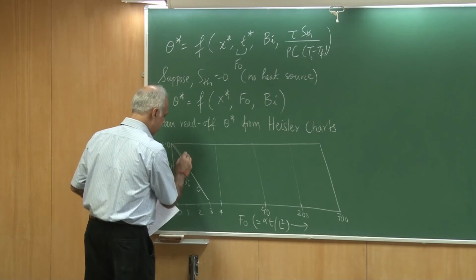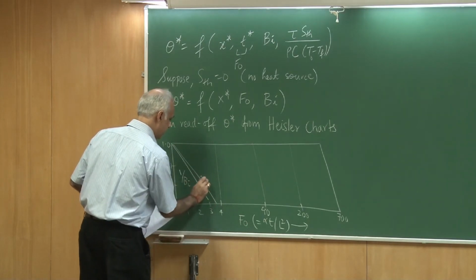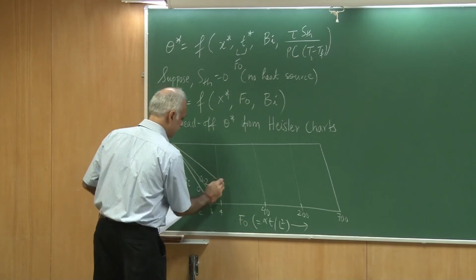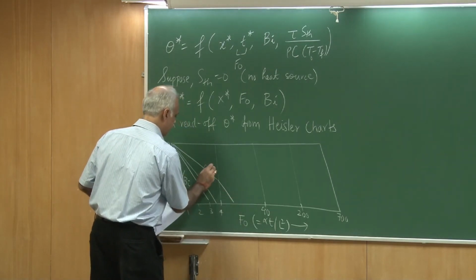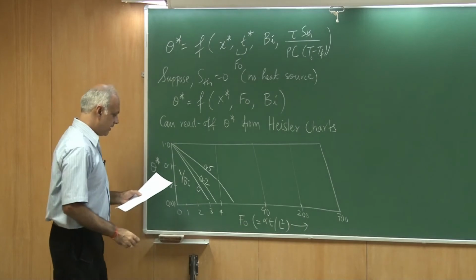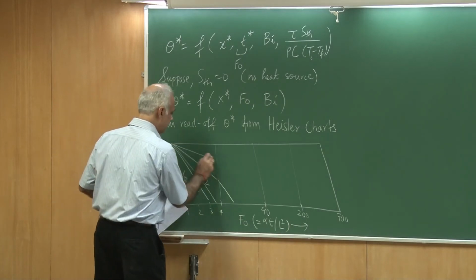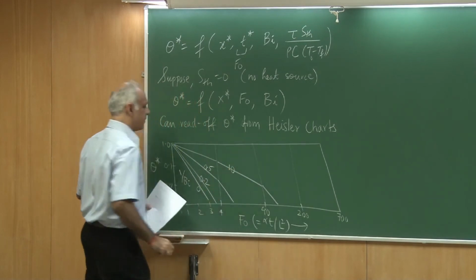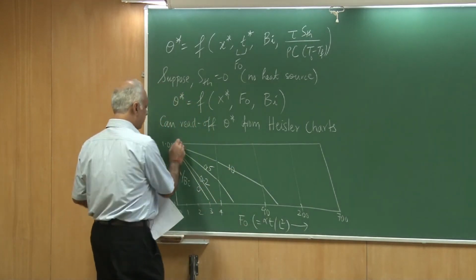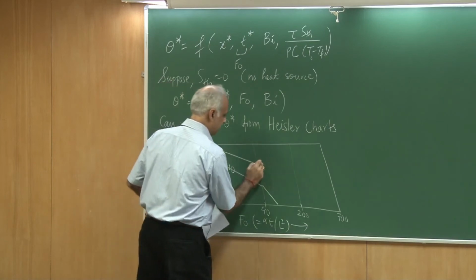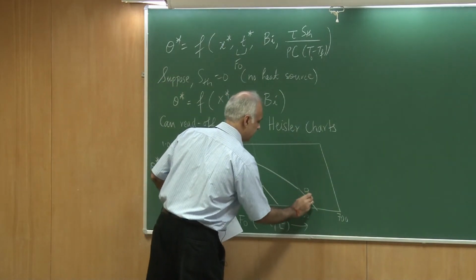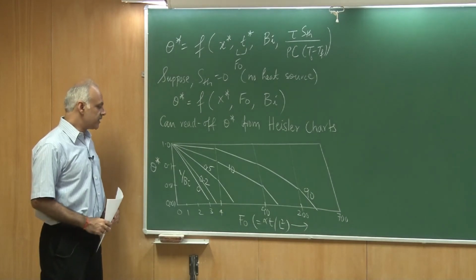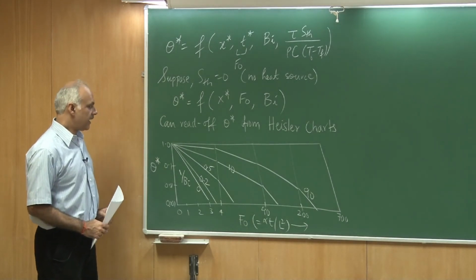There would be a curve for 0.2, there would be a curve for 0.5, another curve for perhaps 10, yet another curve for something like 90, and so on. So the way to read this curve would be that you figure out